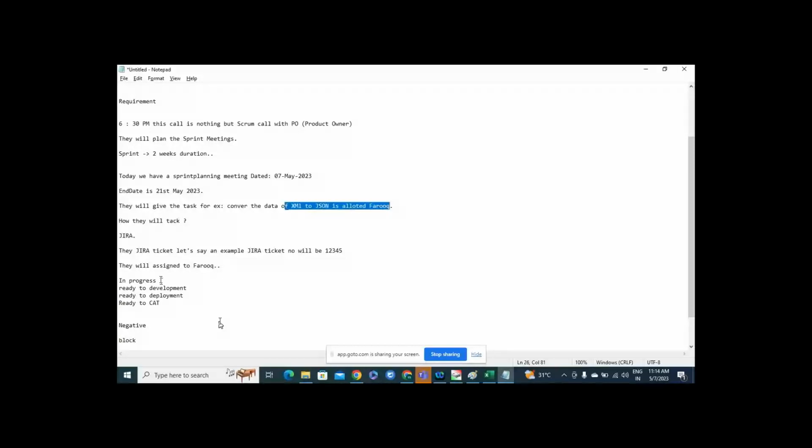When you have started the development, you need to change the status to ready for development. Once the development is completed, you move it to ready for deployment. Once you've done the deployment, you assign it to the testing team. This is the positive case. Whenever the requirement is good but you are dependent on another system, you are waiting for details from the other system but they are not providing them, you need not waste your time.